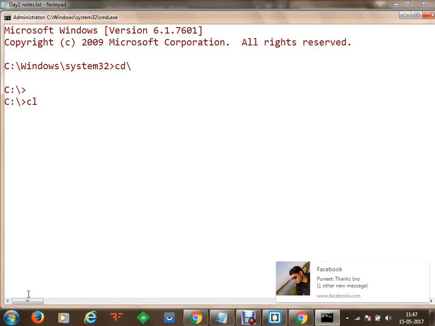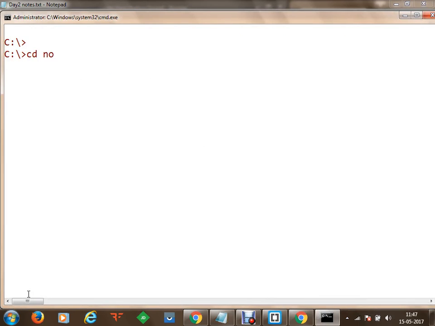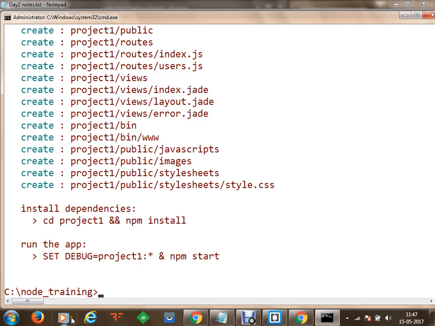On this command prompt, you can proceed to a directory known as Node Training, which I have created for this particular training. Within this Node Training, we are going to get started with our new project, and let's call this project as project 1. I'm going to create a node project, and in order to create a project, we are going to make use of Express, and using Express we are going to create, let's say, my project 1. As soon as we press enter, a project 1 will be created for us.